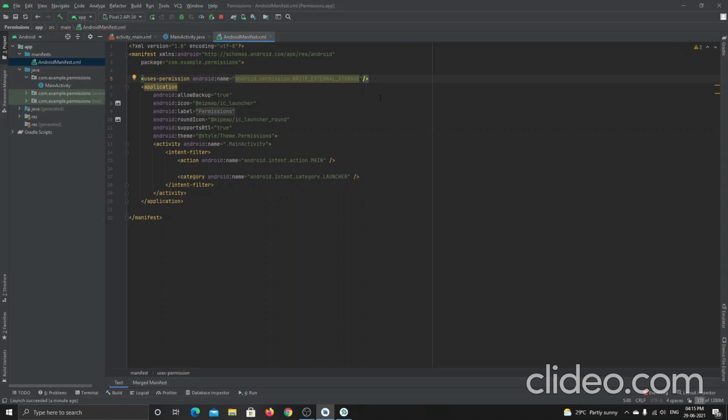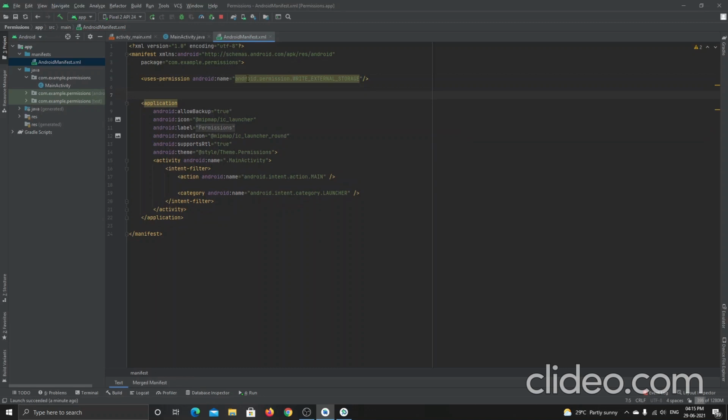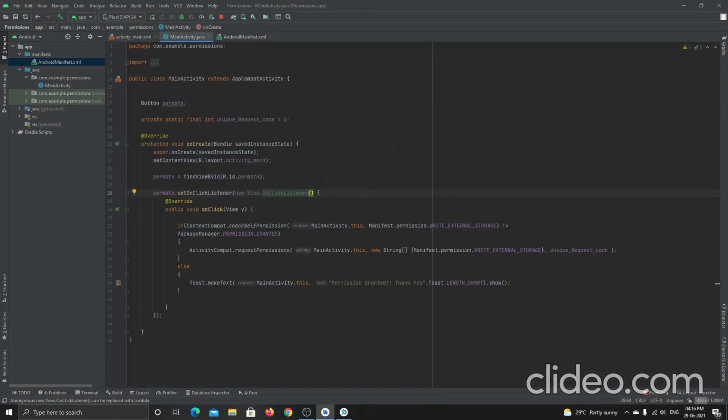If there are more than one permission, like two, like asking to open the camera and accessing the gallery permissions and all those things, you want to use another line here, like uses permission, android name, and then specify write camera or read camera or use camera, or access gallery. All those things you want to specify in the manifest file before going to ask in this code. Okay, let me relaunch this application, and now it will build completely, and it asks us the permission.